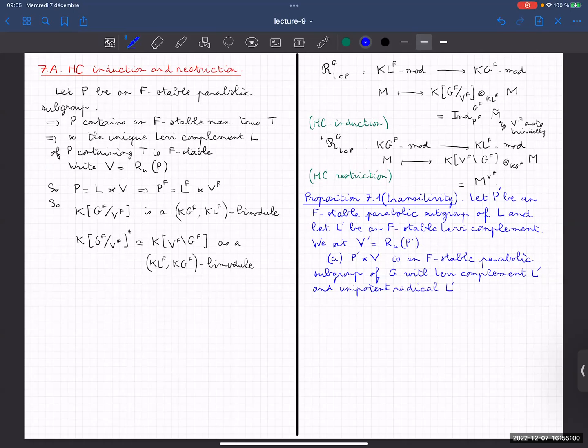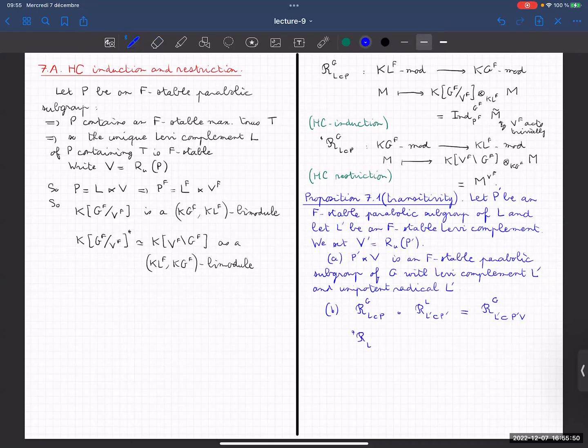Okay, and in fact, this fact allows me to at least state the result, and the result is that there is some transitivity. If you do Harish-Chandra induction first from L prime to L using the parabolic P prime, and then you compose with Harish-Chandra induction from L to G, it's the same thing as if you do Harish-Chandra induction in only one step, starting from your Levi subgroup L prime contained in the parabolic subgroup P prime times V, which is an F-stable parabolic subgroup, and you Harish-Chandra induce to G. And of course, by adjunction, you have the same result